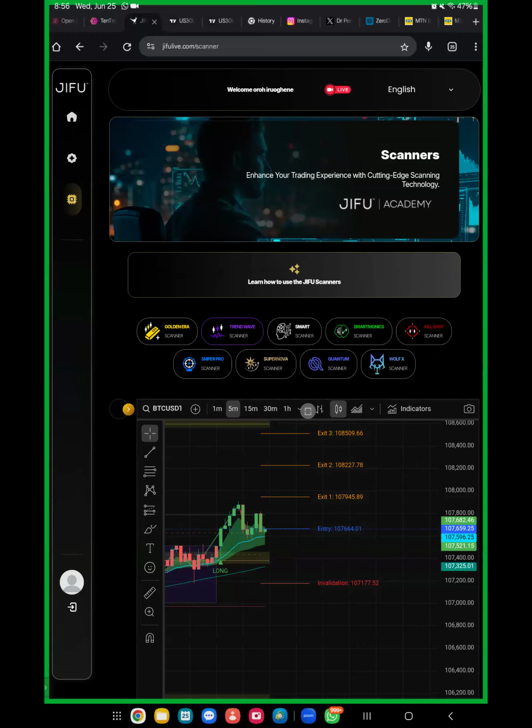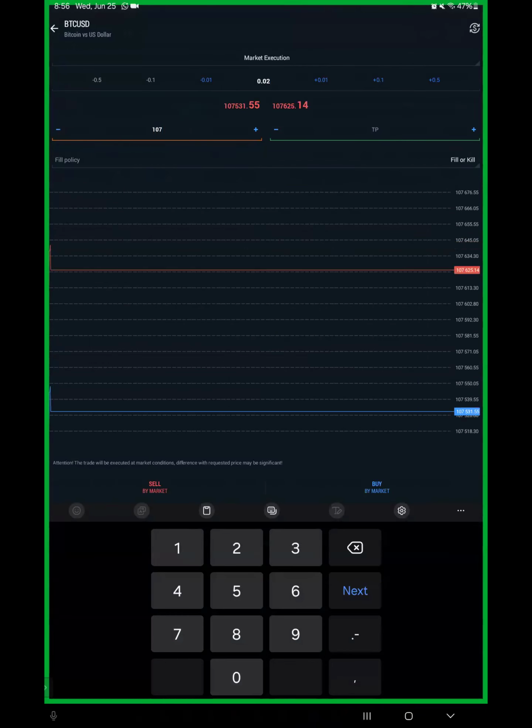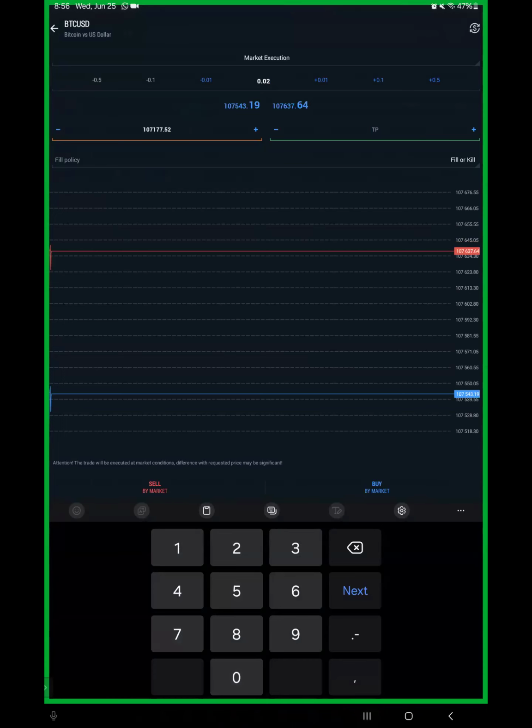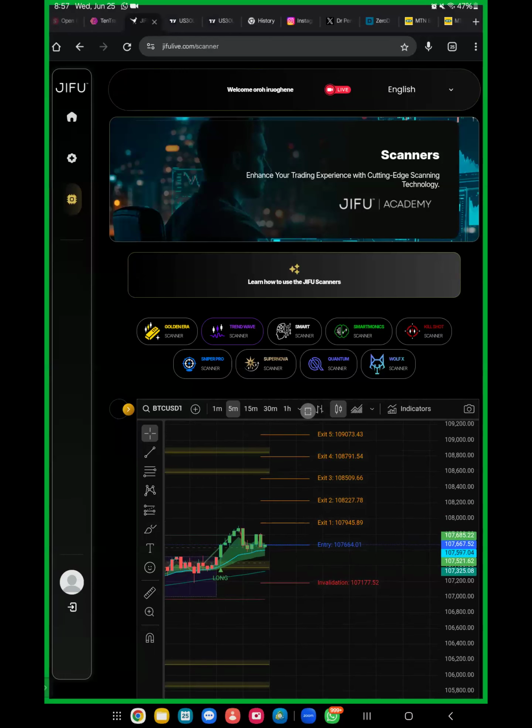Guys, you might just write this down so you don't forget, but I'm good with numbers, so I won't forget. 177.52. And I'll just go back and put here 177.52. And then my TP, I can decide to use take profits 1 or 2 or 3 or 4. I just want to make sure I'm calculating my risk, and I'm getting at least 2 times of whatever I'm risking, or 3 times. So I just want to go for exit 3, which is